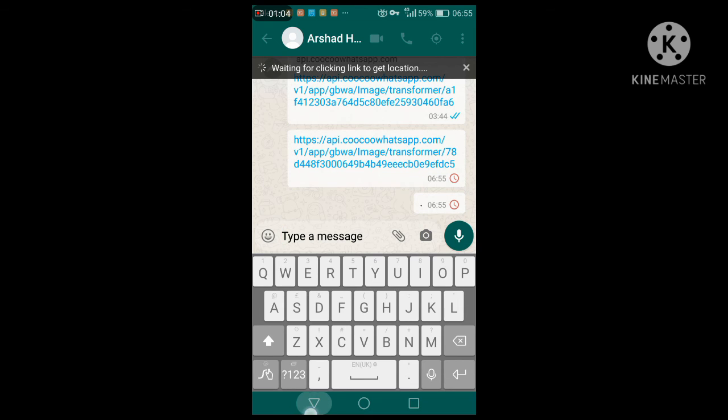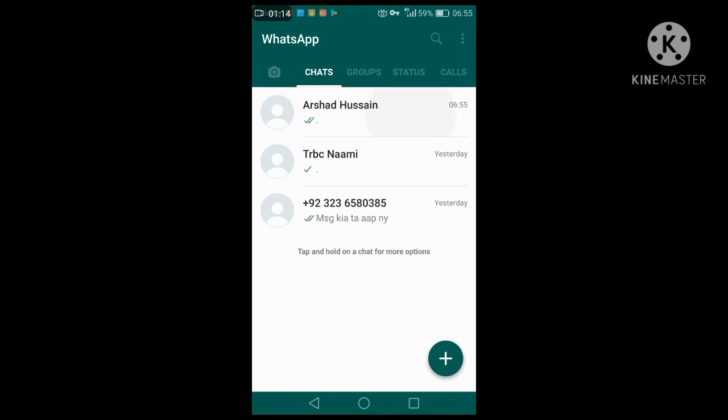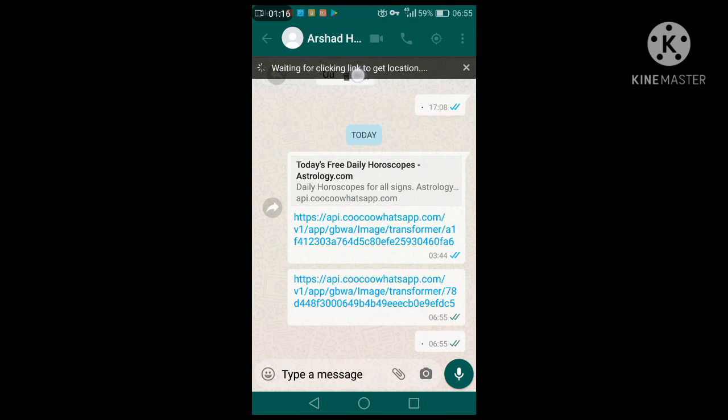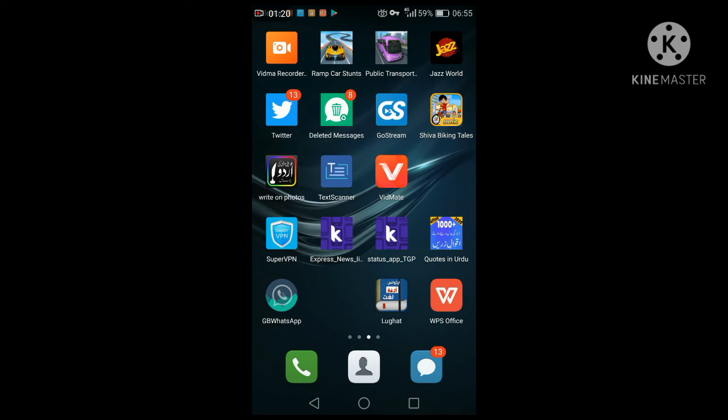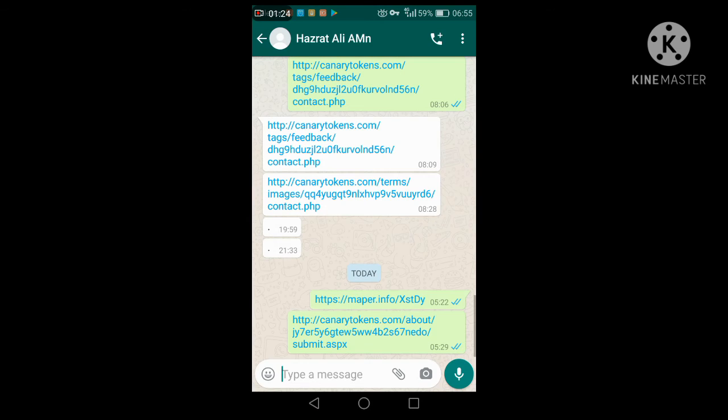He doesn't understand what you are doing, and you will find their location and anything you need. For that purpose, you see waiting for clicking link to get location. So you have to wait for that person to click on this link. When that person opens your account and clicks on the link, then you will find their location.